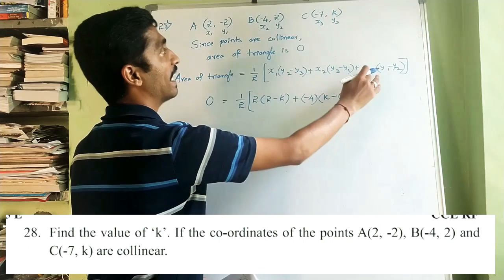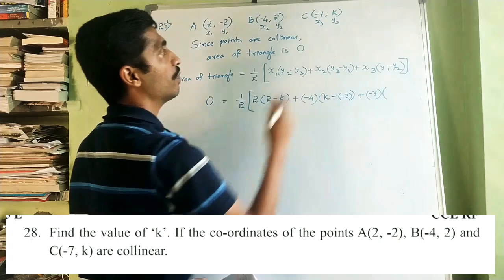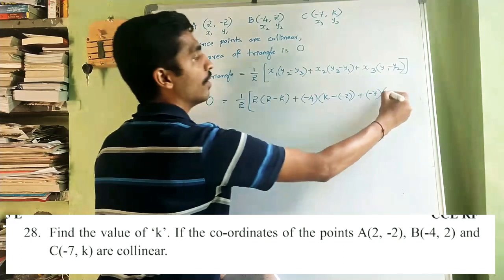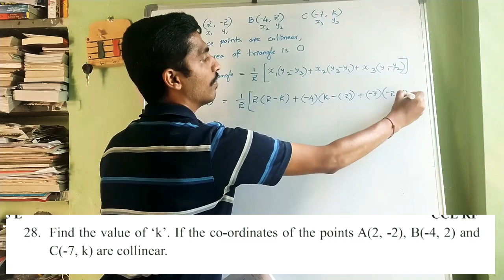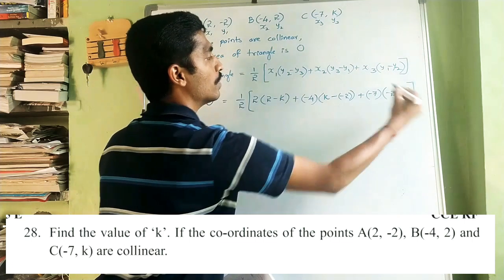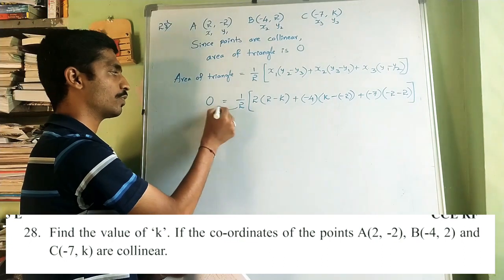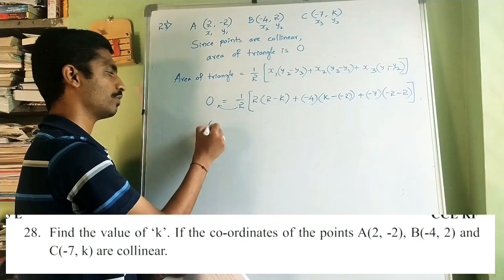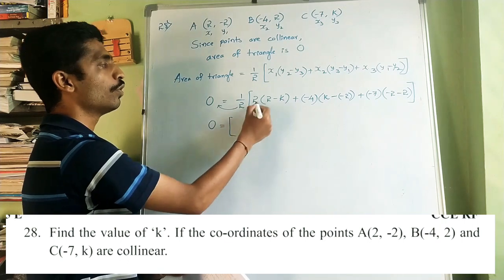Plus x3 is what? Minus 7, into y1 which is minus 2, minus y2 which is 2. Bracket complete. Now solve, take this 1 by 2 to this side, it becomes 2 into 0, 0 equal to,